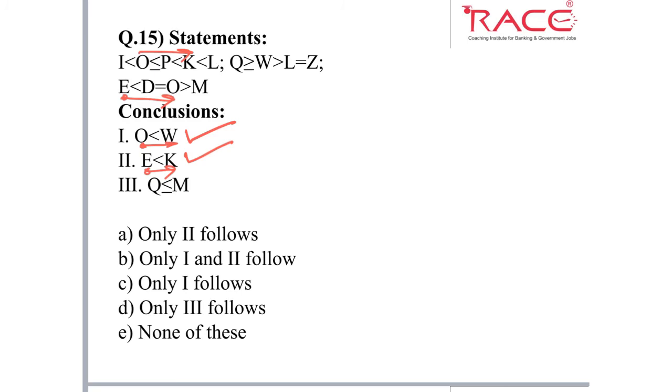Now the third one, Q to M. So Q we have here, and M we have in the third statement. So these are combined by what? This L, and L to O and O to M. But here we can see as we move from Q, we initially have the opposite face. Okay, the open face is in the opposite direction. So directly what we will say, this does not follow. So what is our answer? Options 1 and 2 follow.